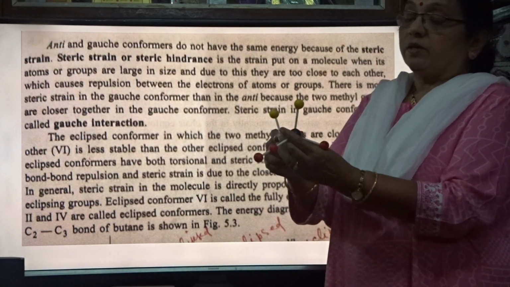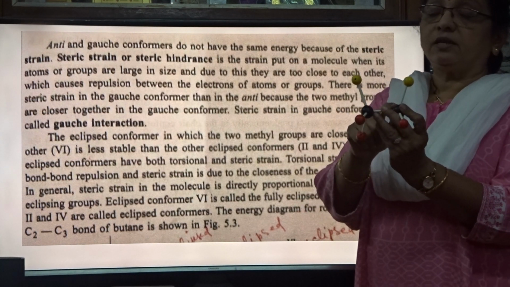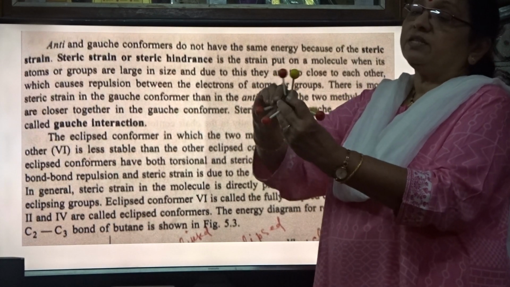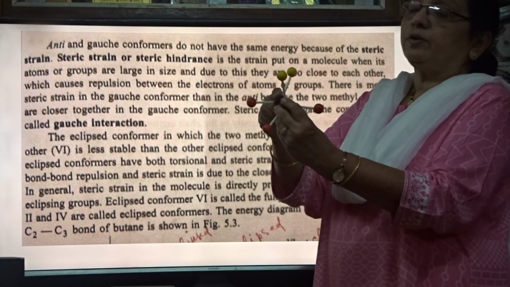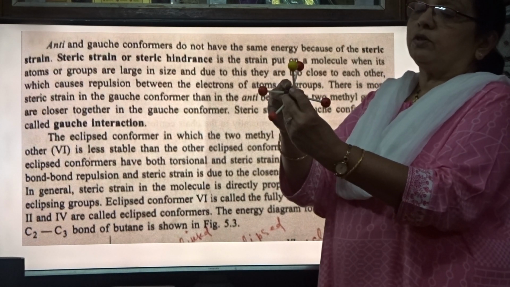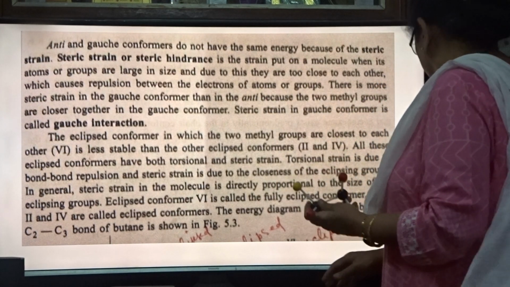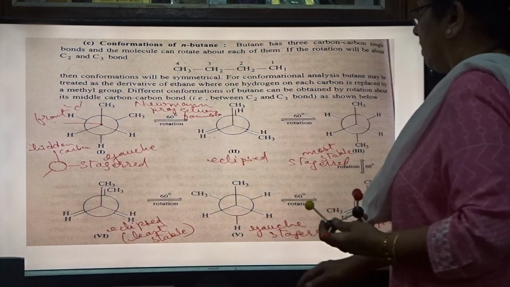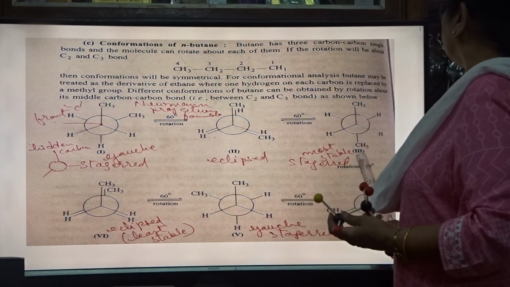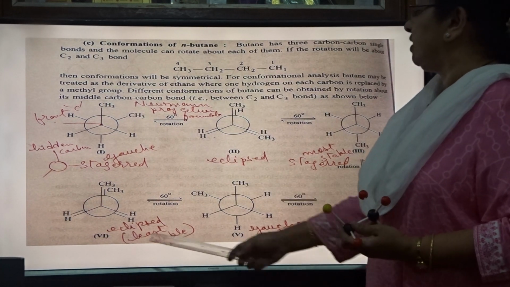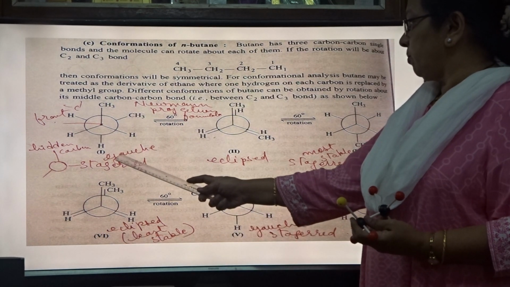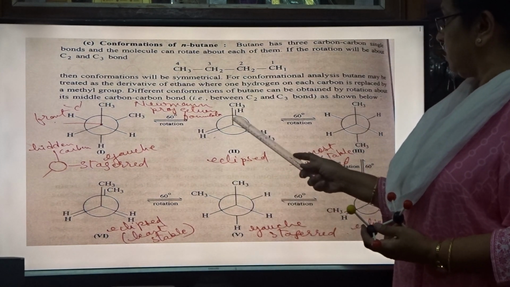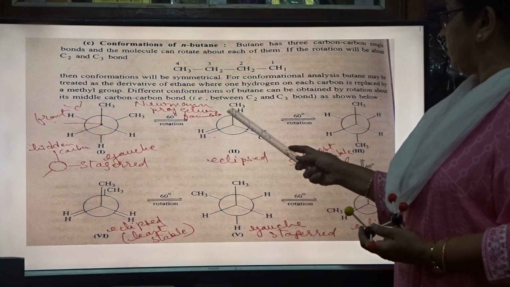So we are seeing this carbon-carbon single bond. Rotation about the carbon-carbon single bond is taking place, and we are getting different types of conformers: 1, 2, 3rd, 4th, 5th, 6th. First it is the gauche conformation, then it is eclipsed, one behind the other, with CH3 and H facing each other.